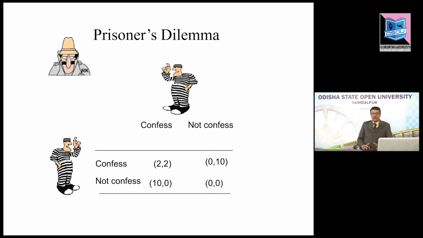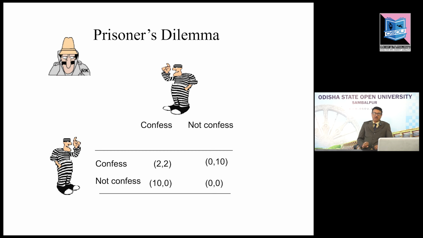So both suspects in this case will confess and get 2 years of imprisonment. Here what is happening is that, though the global optimal is 0-0, both of them could have adopted a strategy of not confessing if information flow had been allowed. In the absence of such information flow, they are basically